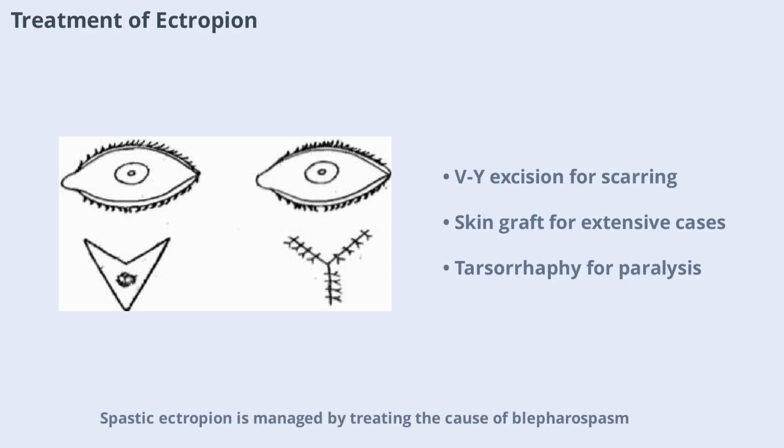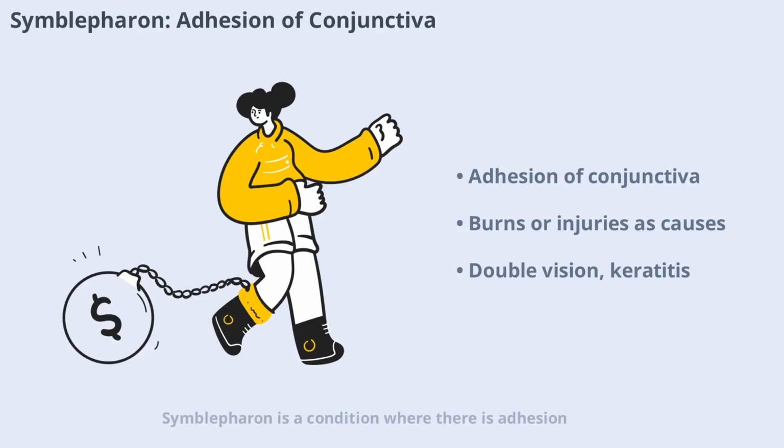Spastic ectropion is managed by treating the cause of blepharospasm. Senile ectropion may require full-thickness shortening of the lid, while paralytic ectropion is treated with lateral tarsorrhaphy to reduce the palpebral aperture. Symblepharon is a condition where there is adhesion between the palpebral lid and bulbar